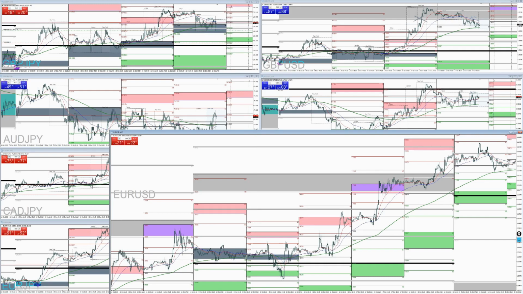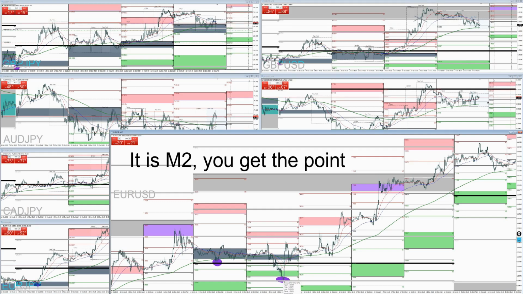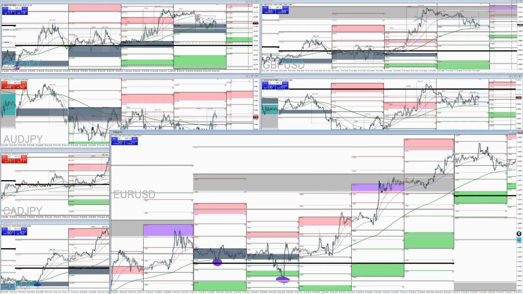Okay, so now this is a setup. Let's go ahead and mark the setups here. Bouncing off of the M1. This was our previous setup here, bouncing off central pivot. So now we have a new setup. We're bouncing off of M1. So now, even though I got stopped out on these other trades, this looks like what the actual setup for the week is going to be.